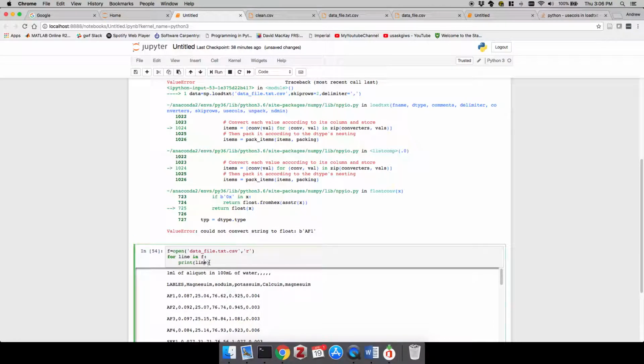Okay, so I want to manipulate this string. So line is a string. Maybe I put a comment that says that line is a string containing everything on